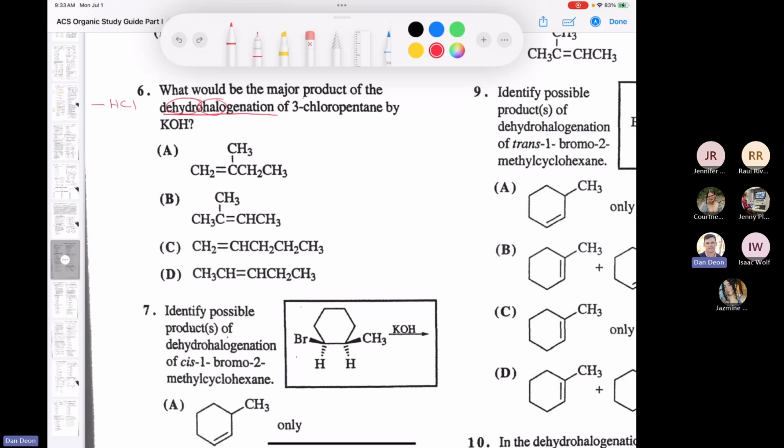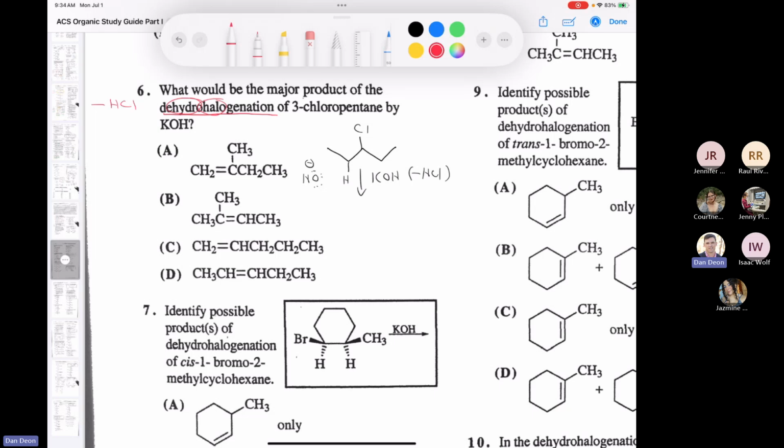So if we have 1, 2, 3, 4, 5. If we have 3-chloropentane and we're treating that with KOH and we're losing HCl, so this is an elimination reaction, what would be the major product? Well, you can see that you would end up abstracting this proton, right? The hydroxide ion